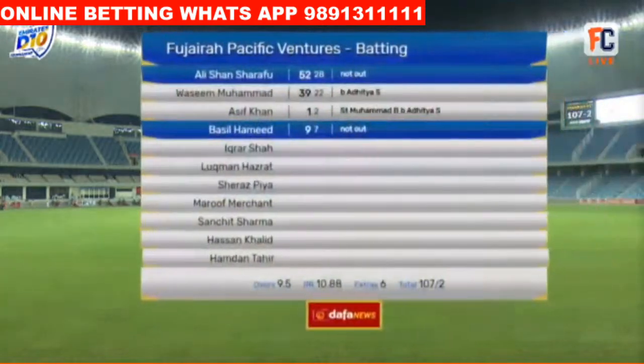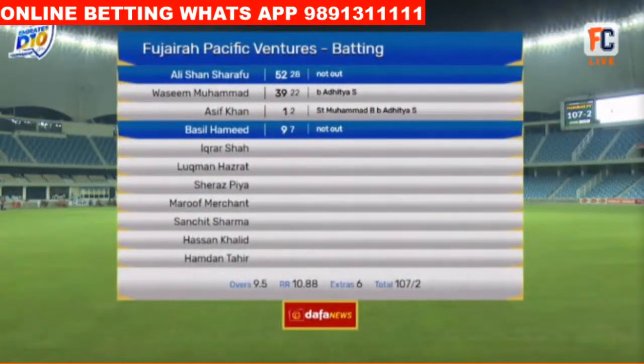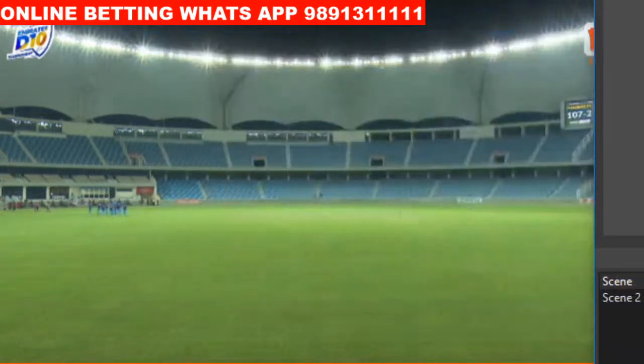So we will have a quick look at the Fujairah Pacific Ventures batting card. Alishan Sharafu, he got a good 52 off 28. Wasim Mohammed 39 off 22. Asif Khan didn't do much, 1 off 2. Basil Hamid 9 off 7. 107 for 2. Run rate of 10.88. Contribution of 6 runs from the extras. And